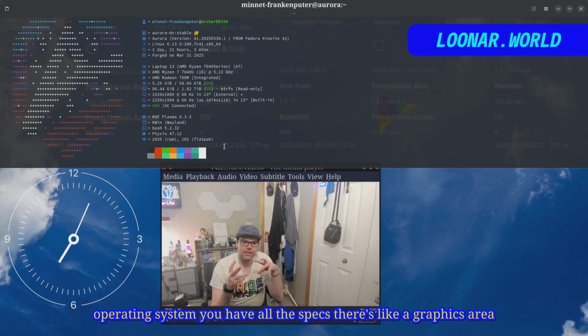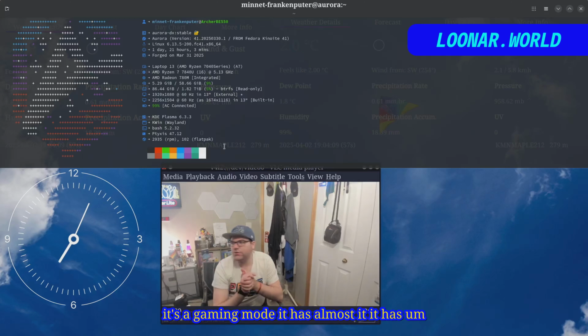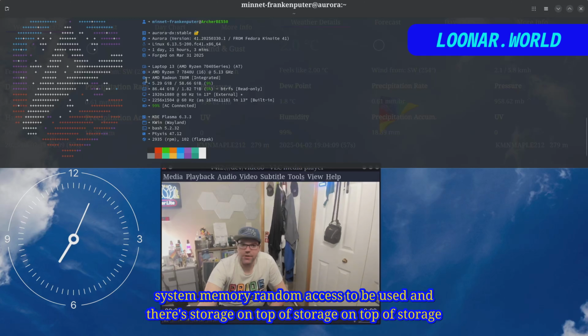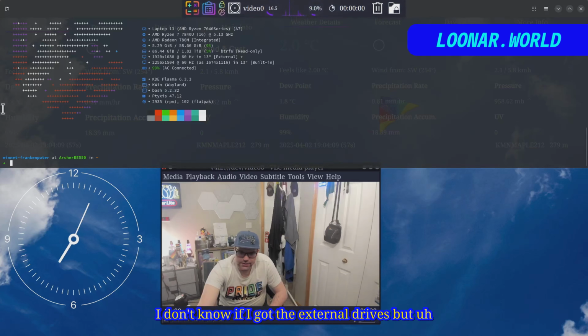You have all the specs. There's a graphics area of the CPU that is kind of separate, an integrated graphics thing. I have it set to gaming mode. It has 64 gigs of RAM, in gigabytes, that's what it looks like. In that brief fast fetch, that was the amount of system memory, random access to be used. And there's storage on top of storage on top of storage. I don't know if I got the external drives, but